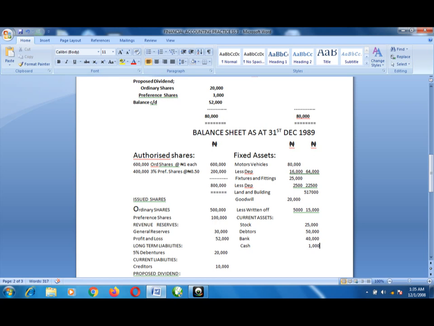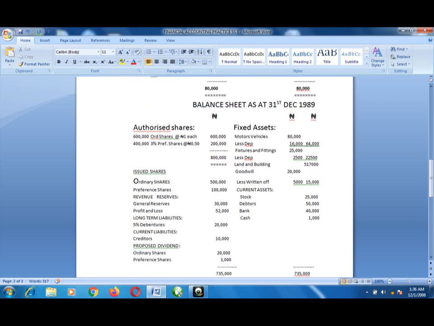Current liabilities, you have the creditors. Bank overdraft is not given, therefore only creditor is given. Other owing or outstanding expenses, if given, you transfer them to this aspect. After that one, the last one, you have a proposed dividend. Proposed dividend, the dividend you have under your profit and loss appropriation account. Ordinary share 20,000, preference share you have 3,000. If you add all the figures together, you have